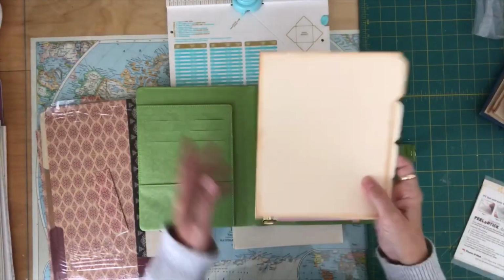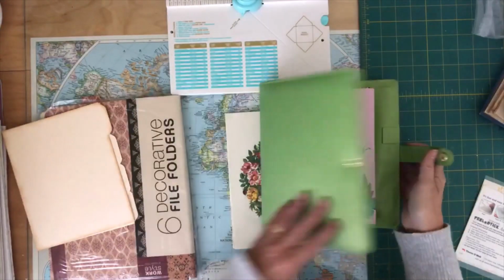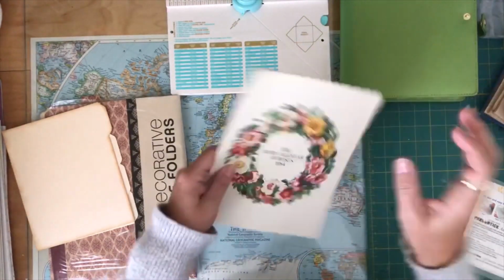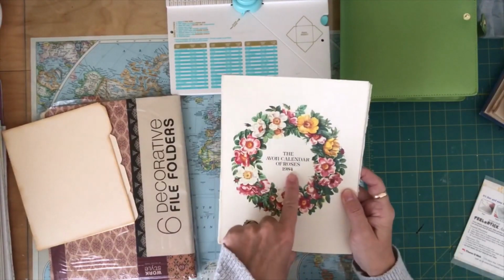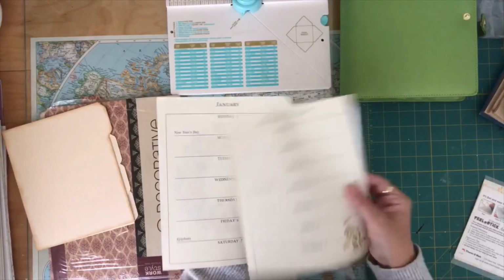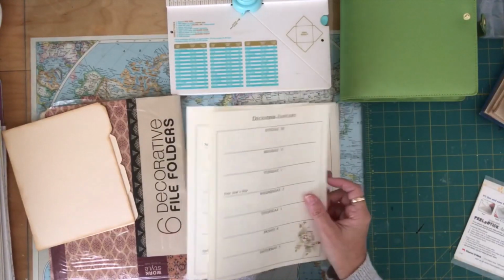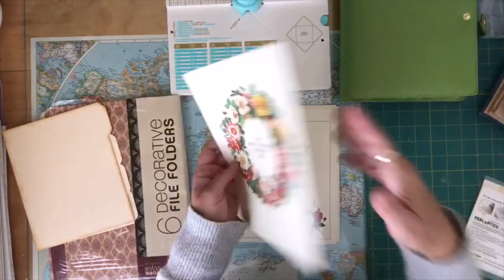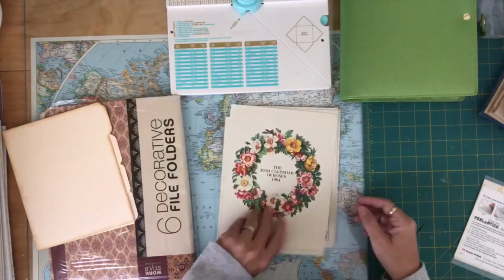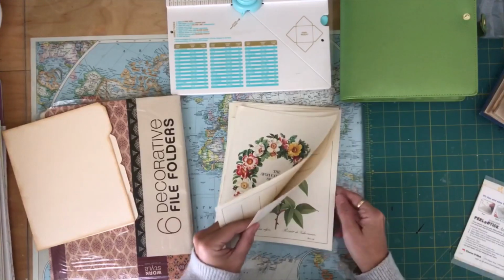I started with that, and then I came across this book that I had bought at a thrift store. It was the Avon Calendar of Roses from 1984, and no one had used it. It was just a little journal planner type thing, but it was so old that I wouldn't have been able to use it because the dates are all wrong. But what it did have was,